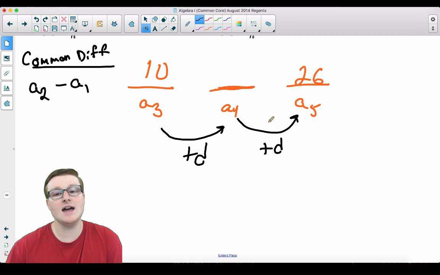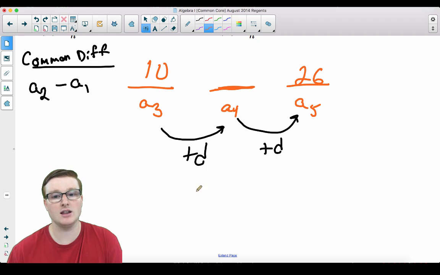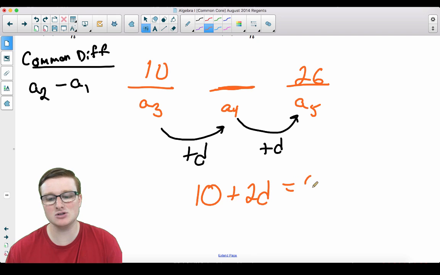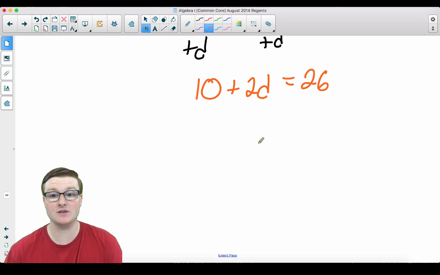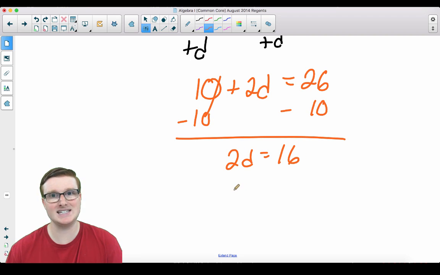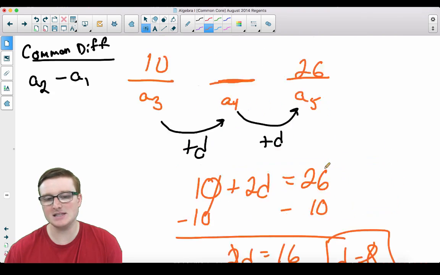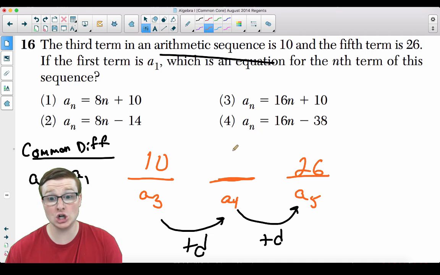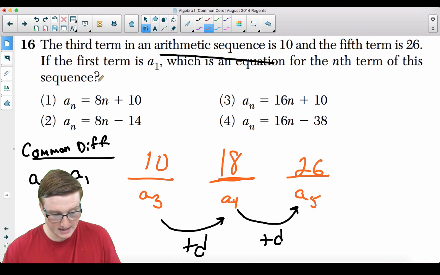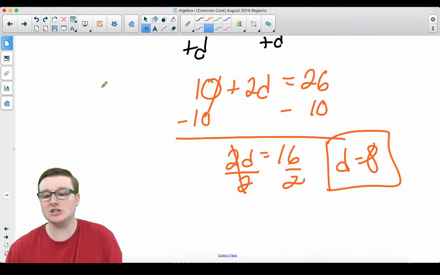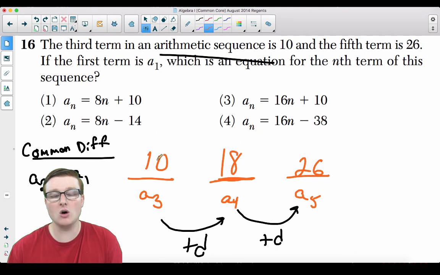Ladies and gentlemen, we can now set up an equation like this. The number 10 plus 2 times the difference is equal to 26. We can now find the common difference. Subtract the 10 on both sides. We get 2d equals 16. And then divide by 2 on both sides, you get the common difference to be 8. So that means if the common difference is 8, your fourth term is equal to 18 because you're adding the 8 to each term. So what that means for us is that if your d is 8 and